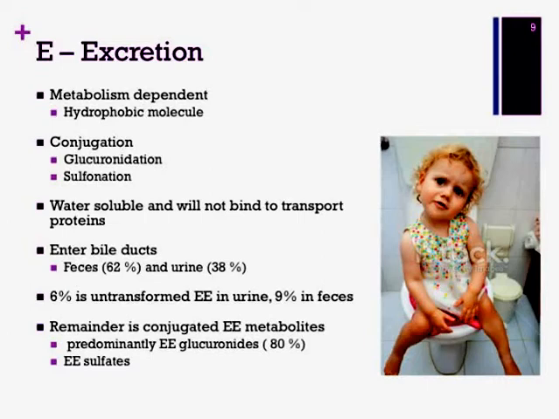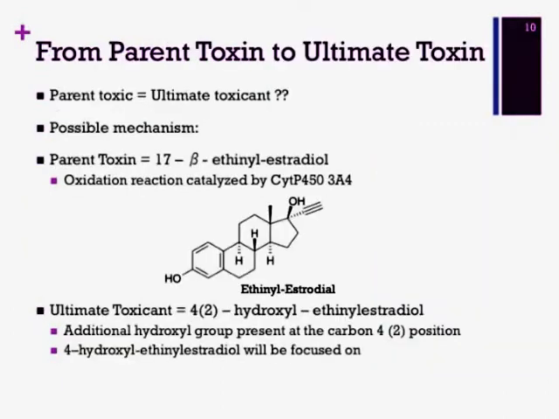There is a small amount, 6%, of ethinyl estradiol that is detected in the urine untransformed, as well as 9% of orally administered ethinyl estradiol that appears untransformed in the feces. However, in the urine, the majority is conjugated to the form of glucuronides, 80%, compared to the small portion of conjugated sulfates. The parent toxin is ethinyl estradiol, as that is the toxin that is originally absorbed into the body